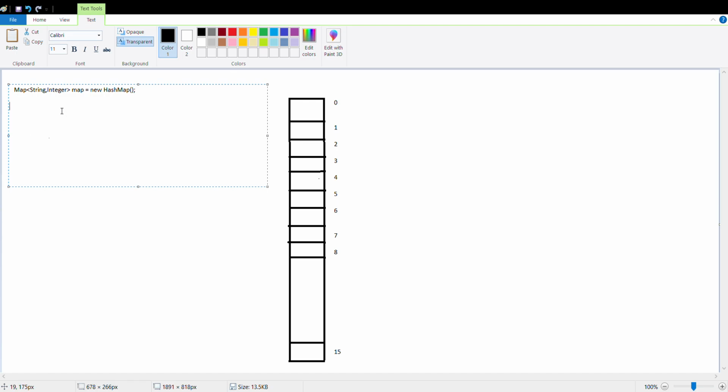In this map object I'm trying to store four students' aggregate marks.